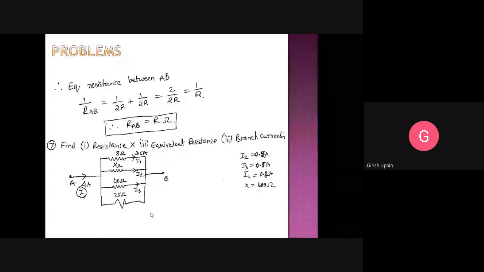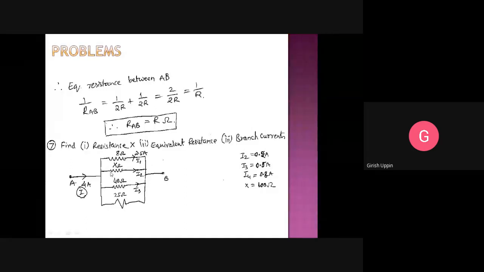So always, how you have to approach is you have to write all the equations that you know which are relevant to the circuit you are trying to solve, and in that equation you should make sure that you get only one unknown. If there is only one unknown, you will get a value for that. If there are two unknowns, then you have to go for the next equation where you have only one unknown. For example, why did we start with this branch? Because V is equal to I1 into R1. I1 is known and R1 is known. So V is the only unknown, and we found out the voltage.